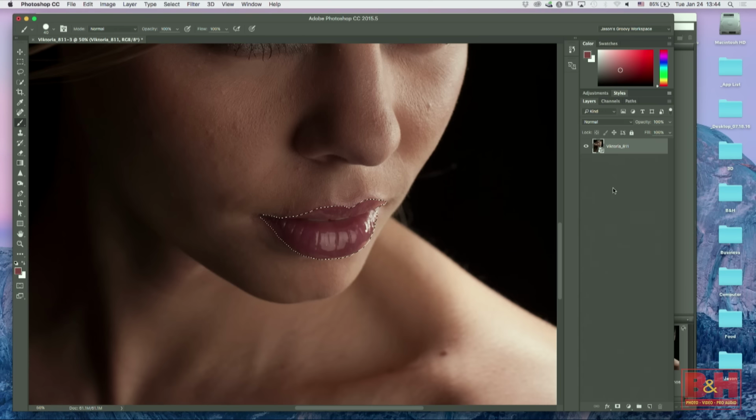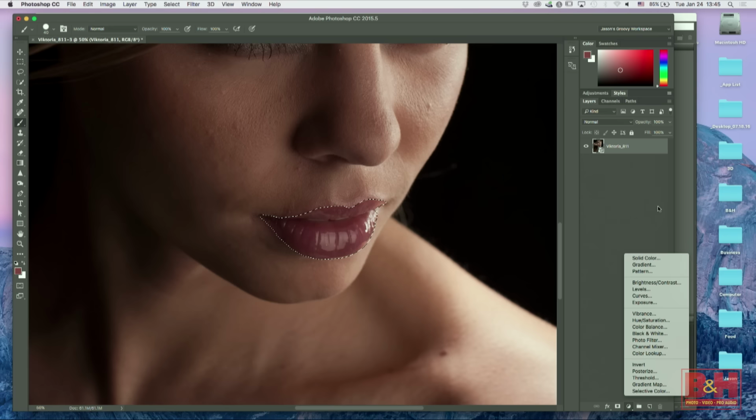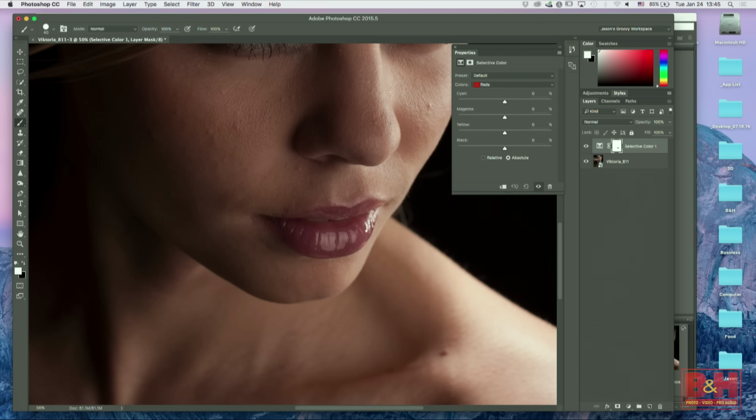So I have my active selection. I'm going down to the bottom, which is the dark side of the moon icon, half white and half black, which is the adjustment layers. Click on that, and then I choose selective color at the bottom. Now that I'm on selective color, let's pump up our